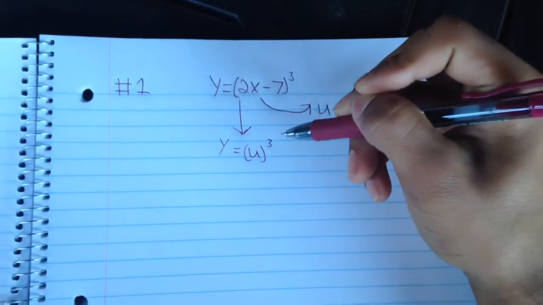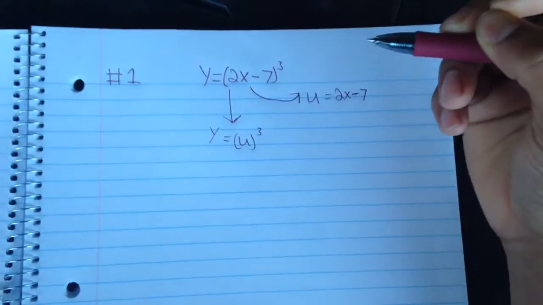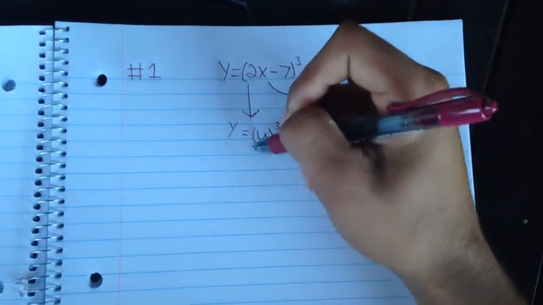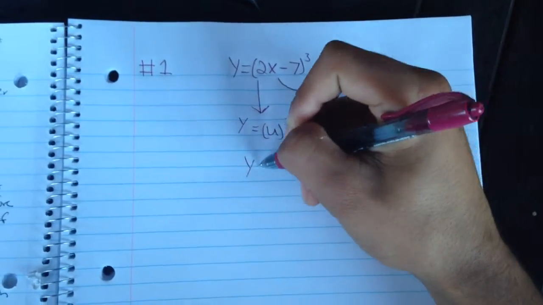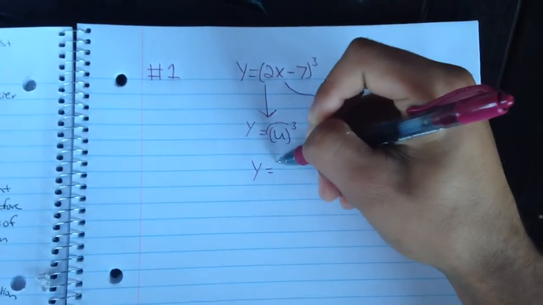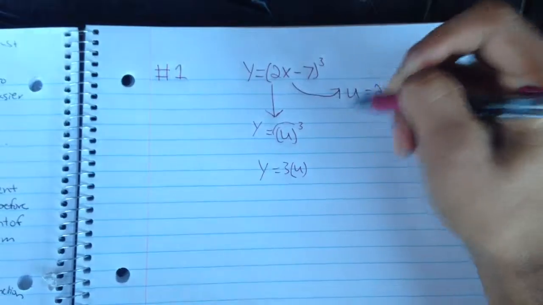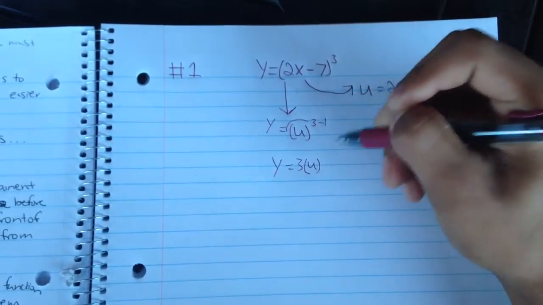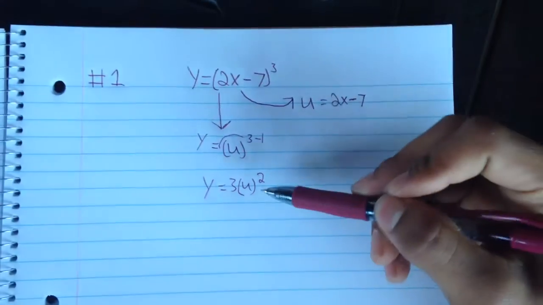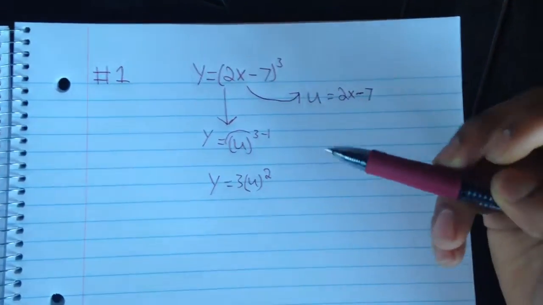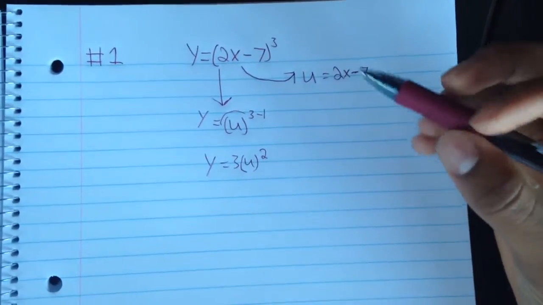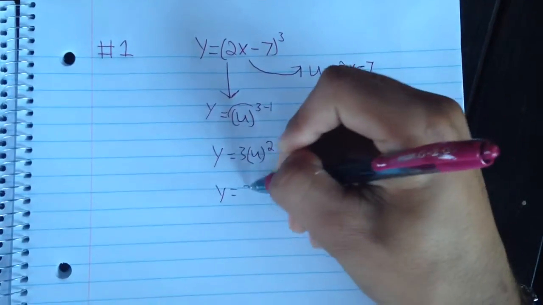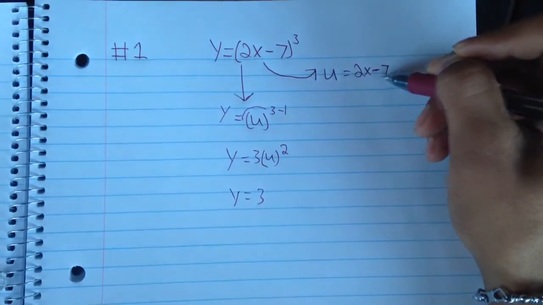Now you will use the exponent rule that I mentioned before, which moves a 3 in front of the u and subtracts 1 from the exponent. So it'll look like this: y equals 3u, and then the exponent is 3, so you're going to subtract 1, so that'll equal 2. This then becomes your derived function, so in order to finish the problem, you must substitute the equation back in for u. So y equals 3, u is going to be 2x minus 7